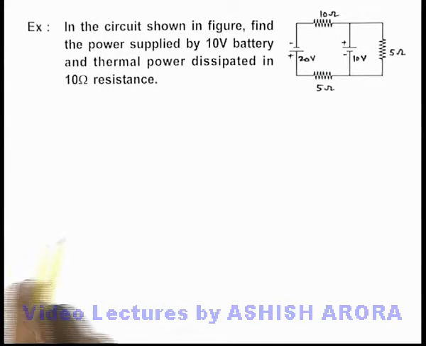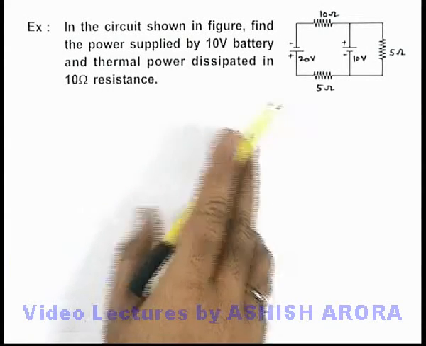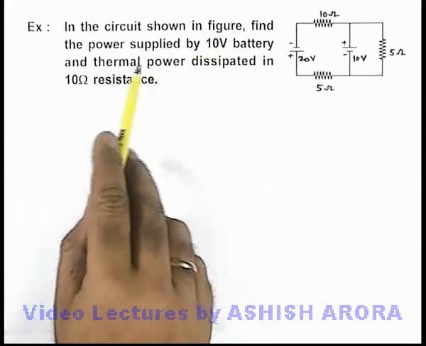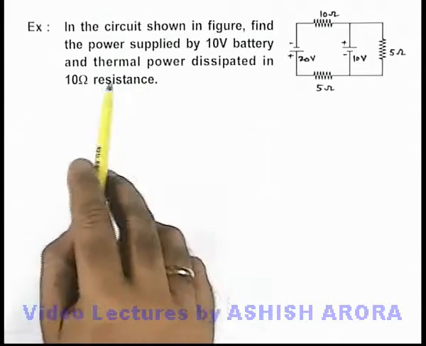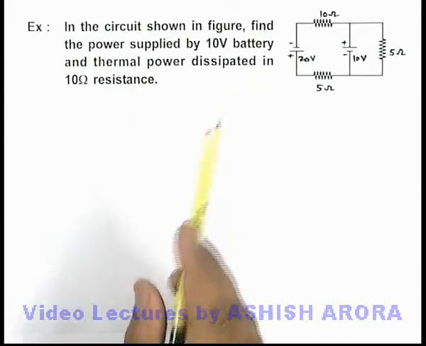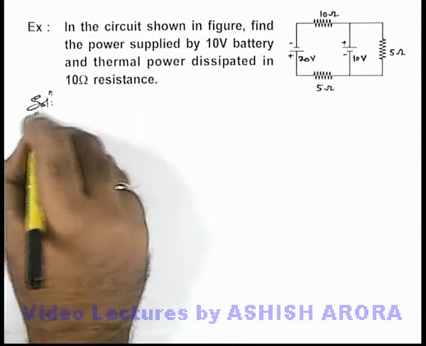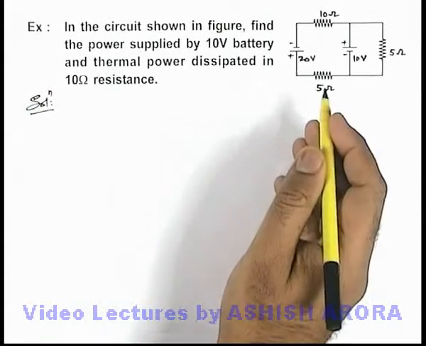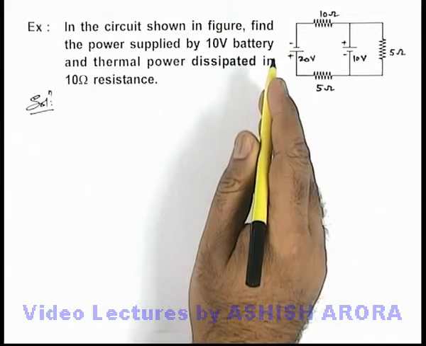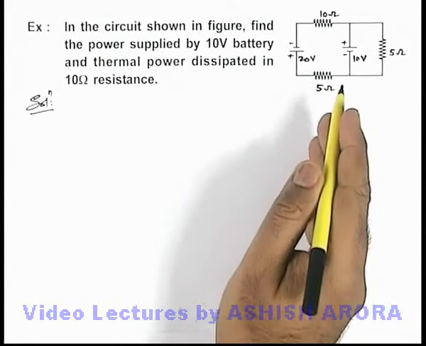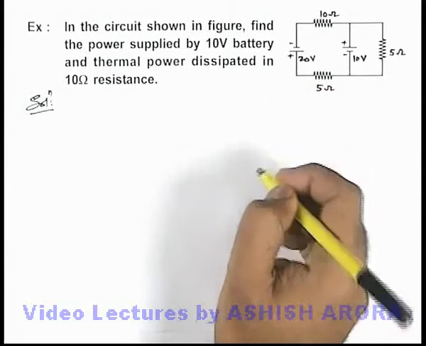In this example, we are given a circuit diagram and it is asking, in the circuit shown in figure, find the power supplied by the 10 volt battery and the thermal power dissipated in this 10 ohm resistance. Now in this situation, to calculate either the power supplied by the battery or the thermal power in the resistance, we need to first analyze the circuit, and we have to first calculate the current flowing in various branches of the